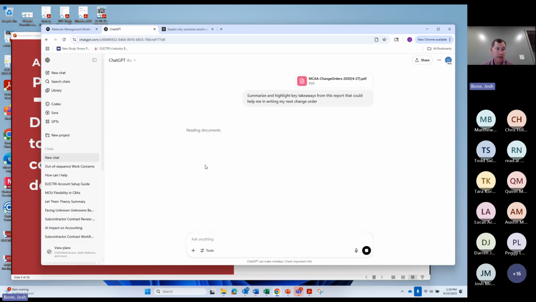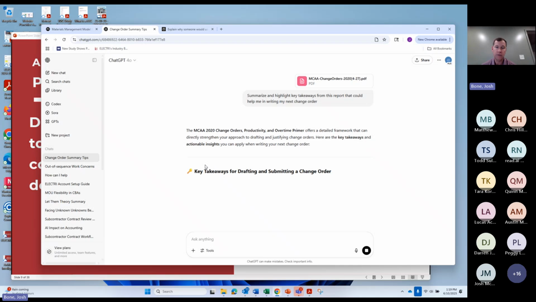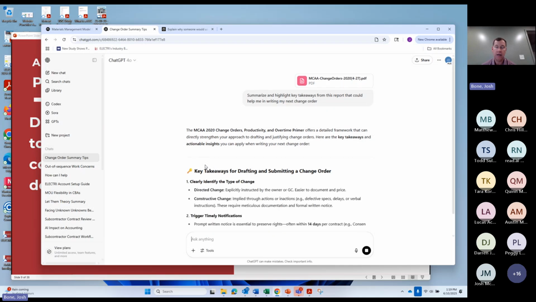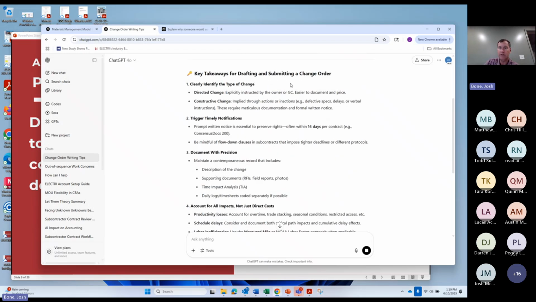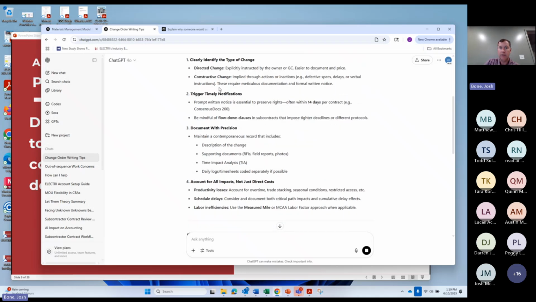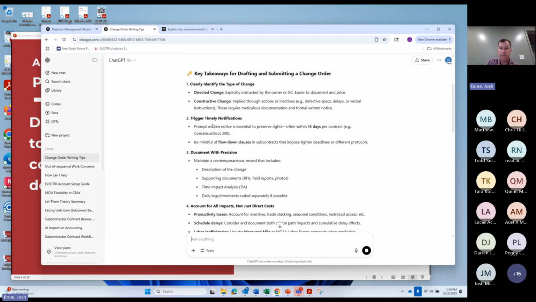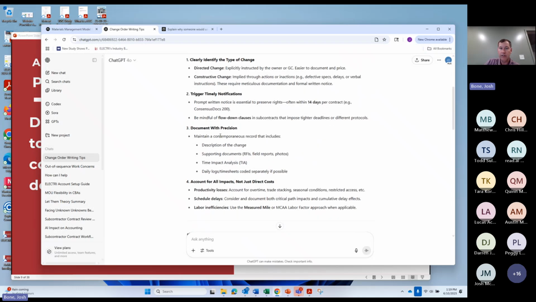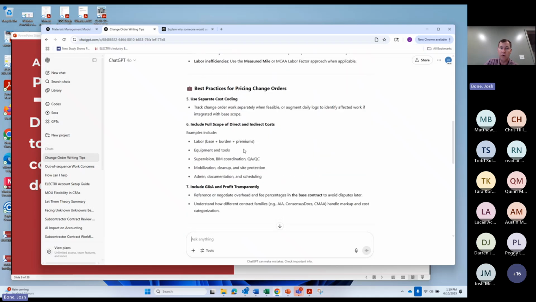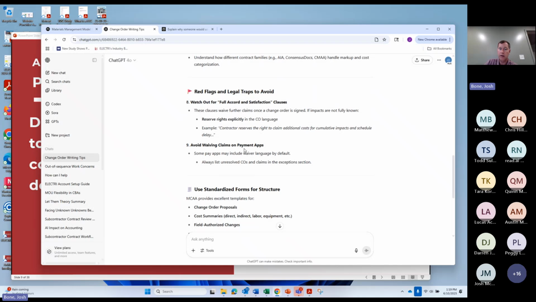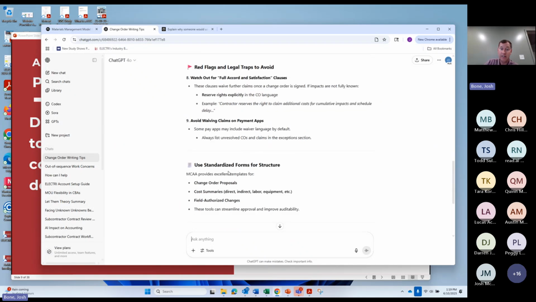285 pages. None of us have enough time to be able to do these things today. Here we go. I can very quickly take this. I could compare my electric where things are similar and different. But you can see here key takeaways for drafting and submitting change orders. So directed change, constructive change, triggering timely notifications, documenting with precision. Lots of great feedback. Instead of me having to go through here and review the 285 pages,